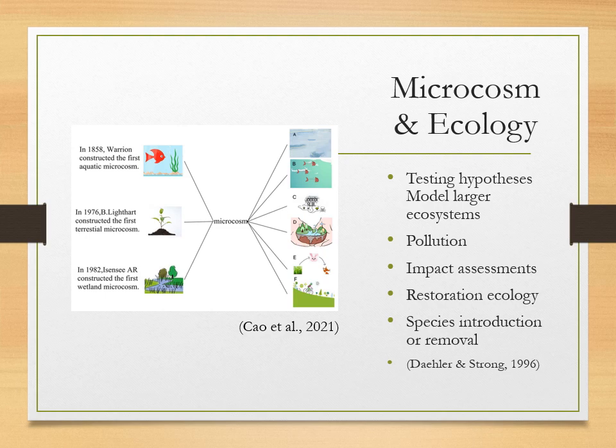predators in smaller ecosystems. There's a picture attached on the left-hand side of the slide that shows the origin, development, and application of the microcosm. The left side of the picture shows the origin and development, while the right side shows the application. The left-hand side shows different points in history in 1982, 1986, and 1858. On the right-hand side, going down, the first picture shows the migration and degradation of chemical